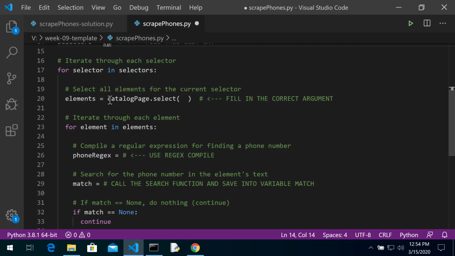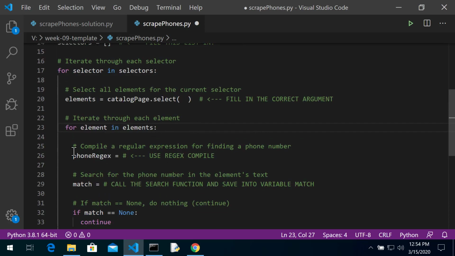Next, remember I said elements, so it's going to return a list of objects back. So now we have to loop within the loop, so we're going to iterate through each element. So for each element in elements, now we're going to handle a single HTML element. So now this is where I'm going to have you compile a regular expression for finding